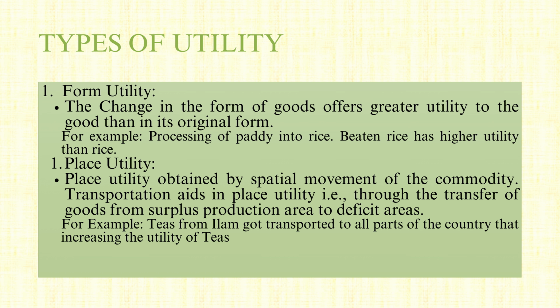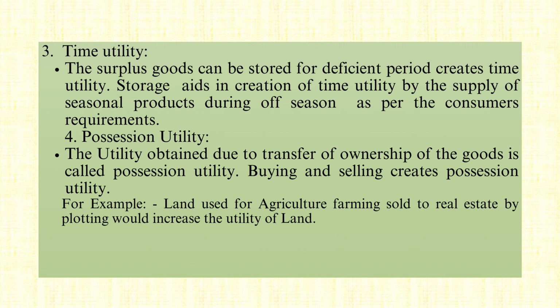The cheese has a different form and can be stored longer, giving it higher utility for some purposes. Then we have place utility. This is created by moving goods from a place where they're abundant to a place where they're needed. Think about tea from Ilam. The tea gardens in Ilam produce lots of tea, but people all over Nepal want to drink it. By transporting the tea to Kathmandu, Pokhara, and other cities, we create place utility because the tea becomes available where